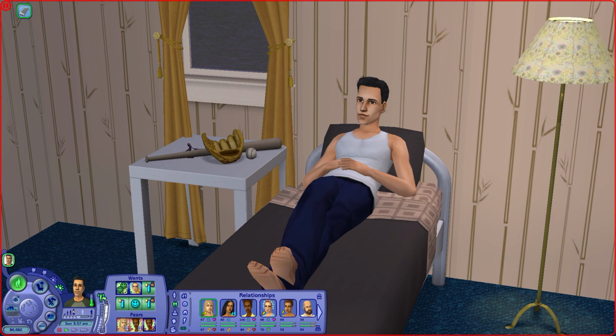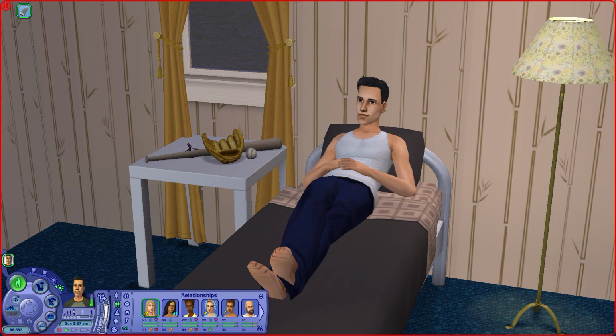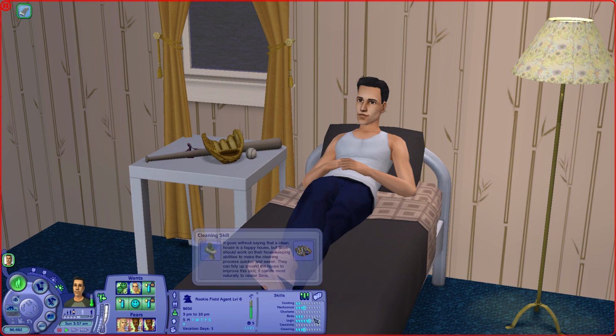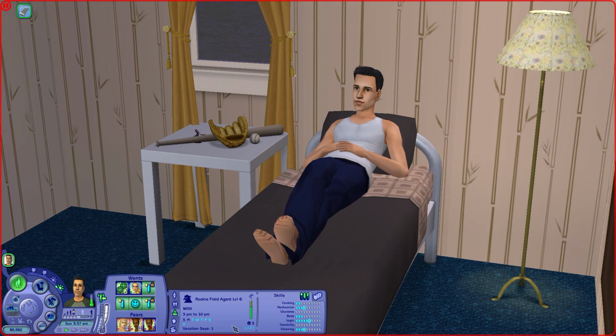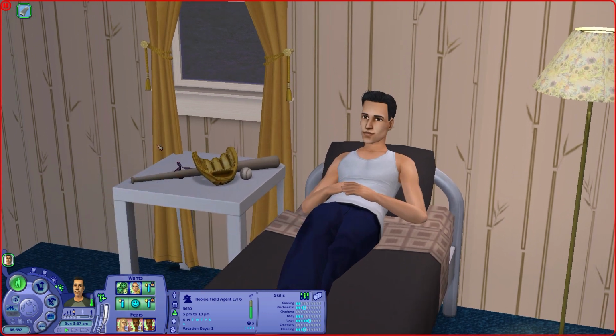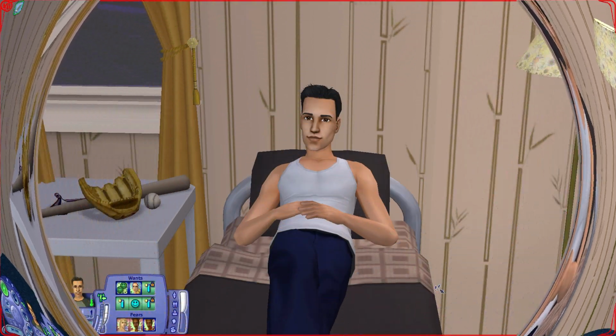He is a fortune sim, and his lifetime aspiration is to become head of the CIA, which is why I have him in the CIA, and he's doing pretty well. He still needs a few skills, and he needs a couple of friends, but I think his hobby is dating. I think he really wants to be successful in his career. So